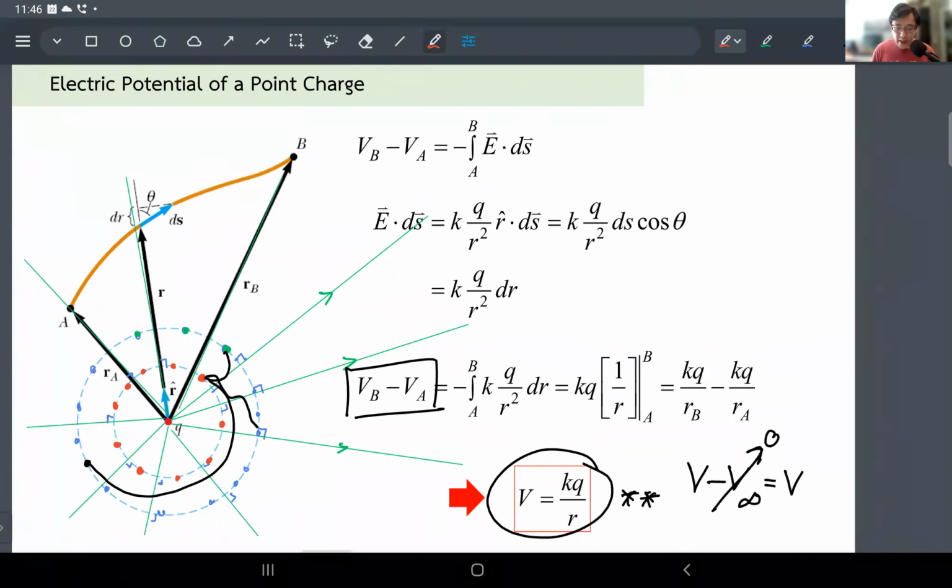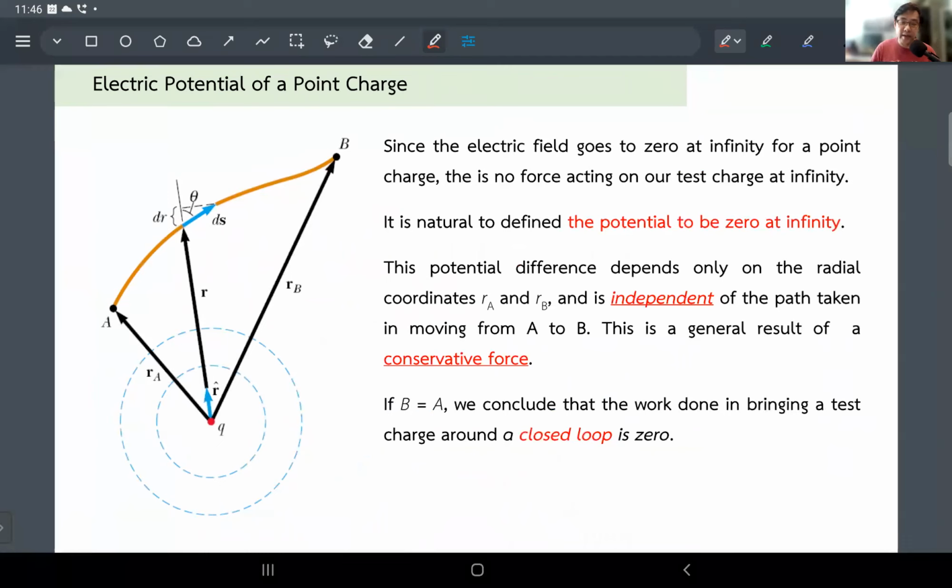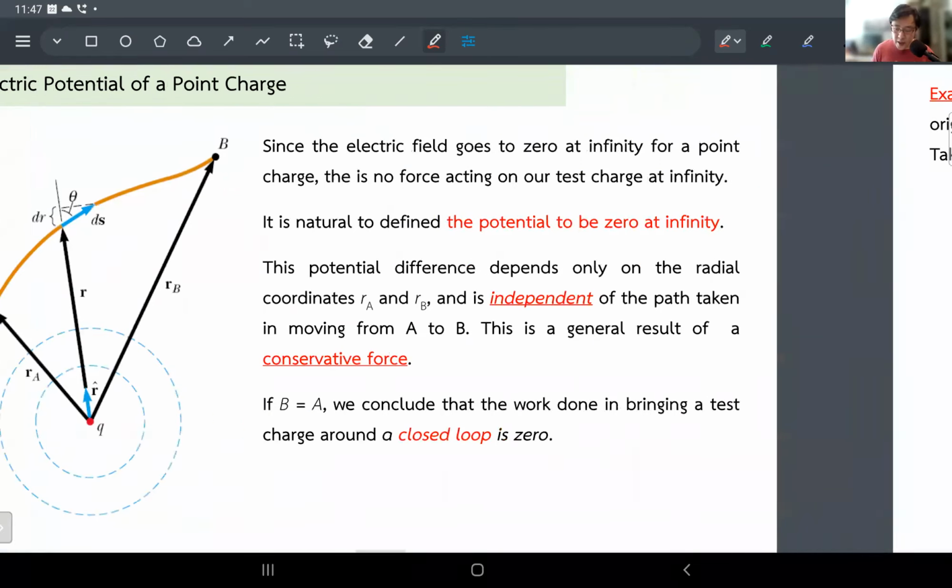Okay, guys. So this slide will give you a grand conclusion of what I have just talked about. Right? Potential to be 0. It's independence. We can name it conservative force, on and on if you like. And the closed loop will get you back potential, on and on. All right. You can read it through, but we can learn better with examples later. All right. So I hope this will give you